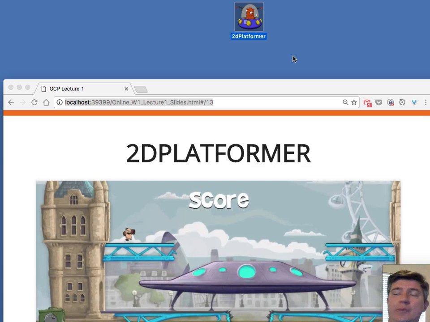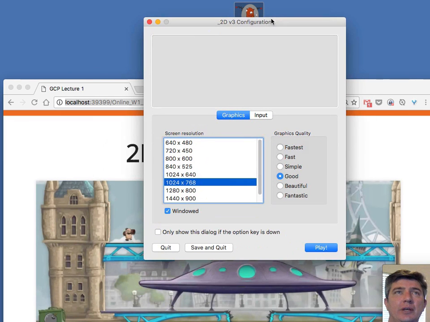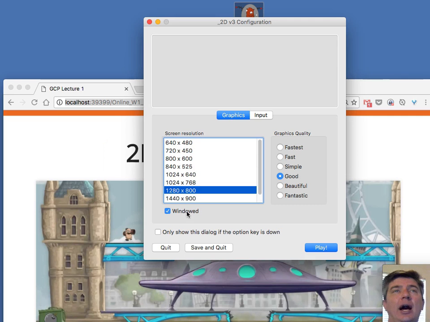When you double click on this, you get this window that more than likely you can just hit play and it would work no problem. If you want to change the size of the window, you can, depending on your screen resolution. Windowed means that it is in a window.